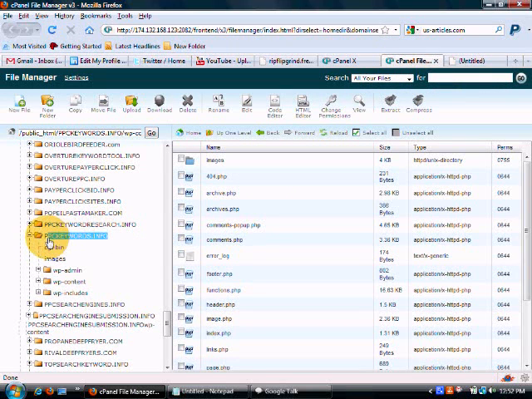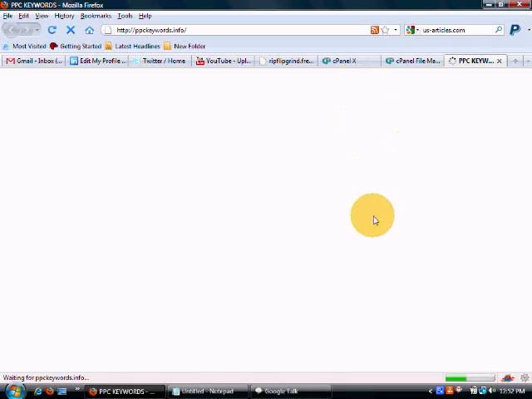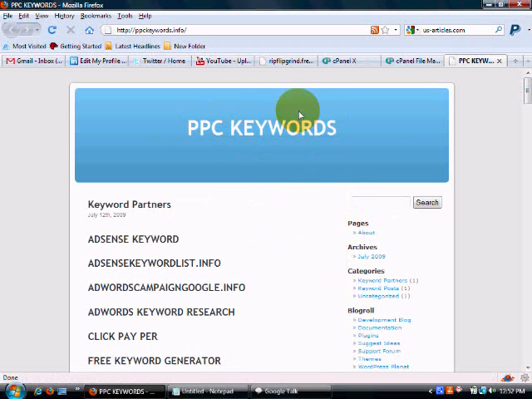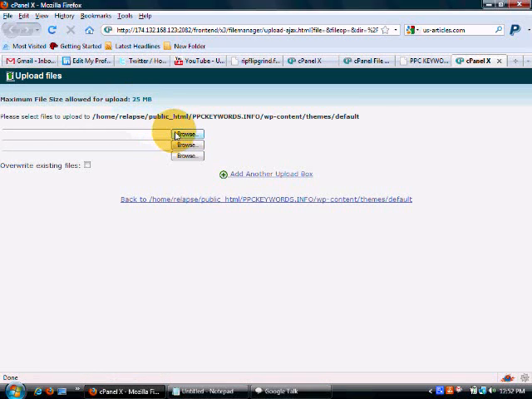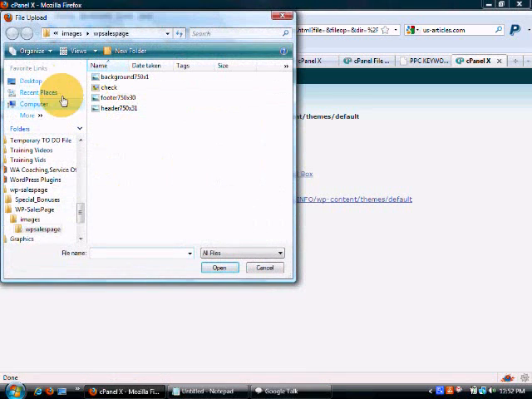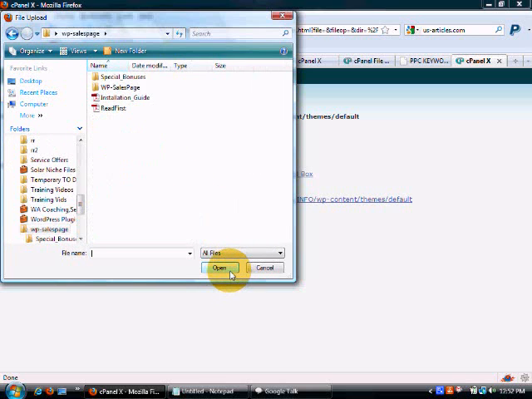This is PPC keywords. Let me double check that real quick so we don't create more work for ourselves by getting it wrong. Okay, yeah, this is the default theme. So we're going to go back to File Manager. We have the themes folder open. So now we're going to upload, browse, and let's go back to desktop. Right there's where we have the files. WordPress sales page,